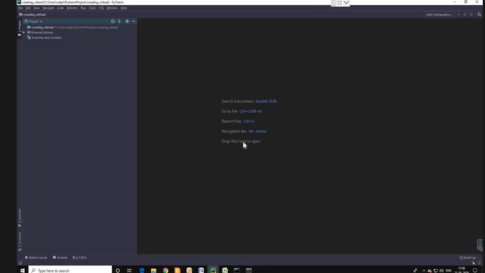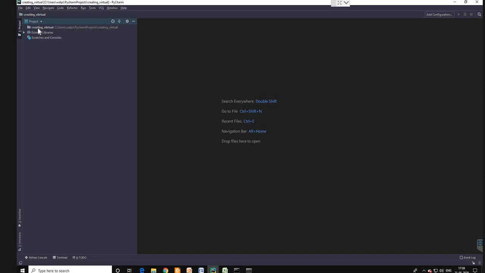Some setup time will be required, so it's taking that. You can see the processing is going on. It will be done fast on this computer because it's a very high-tech computer, with 64 GB RAM. So the processing is very fast in it.